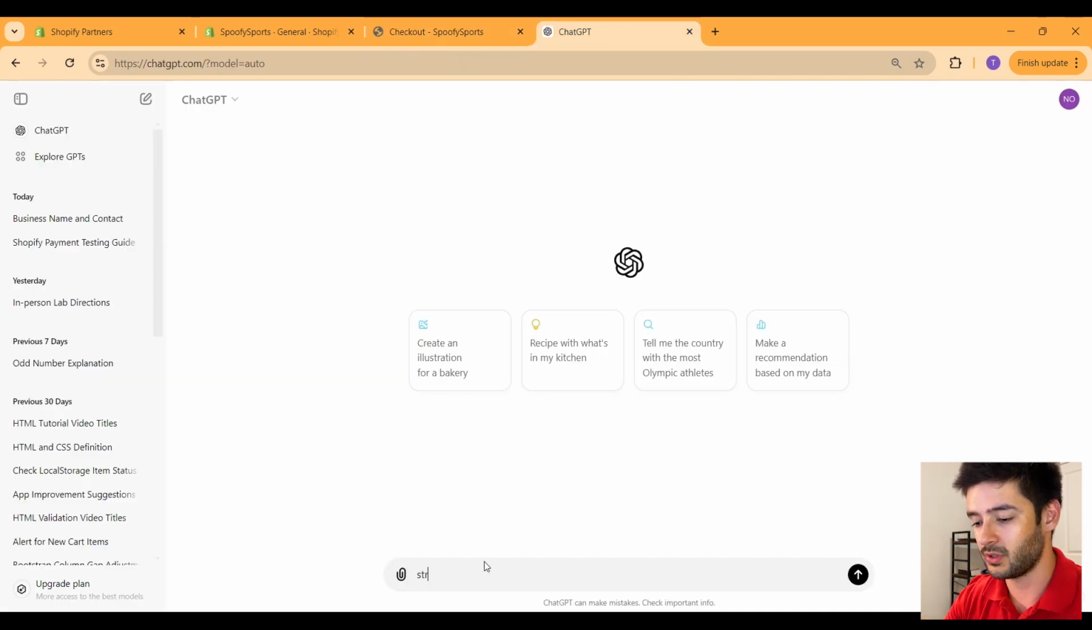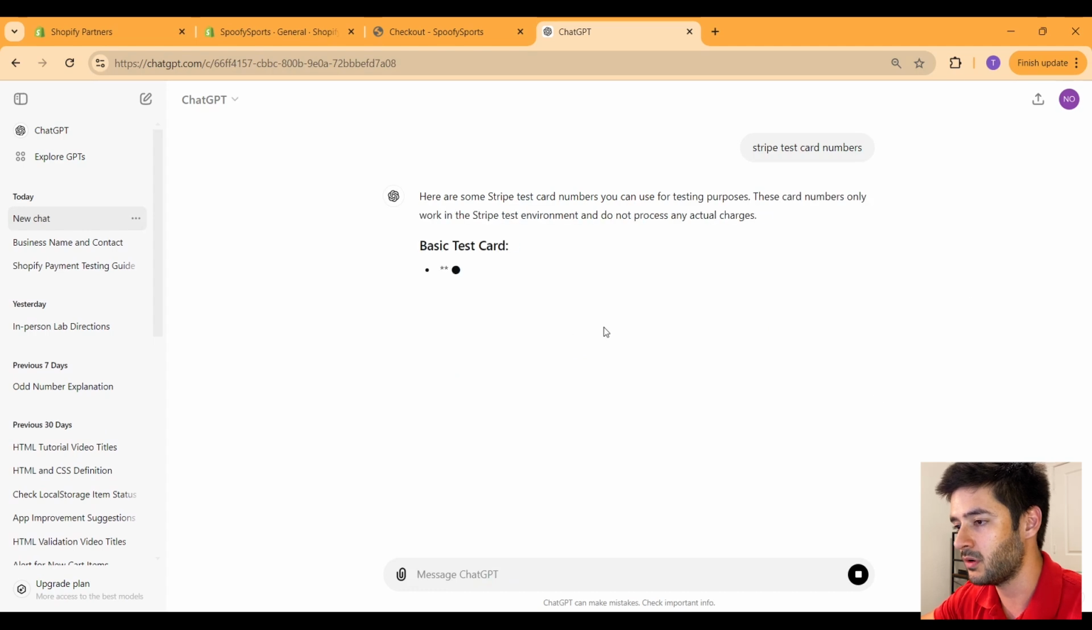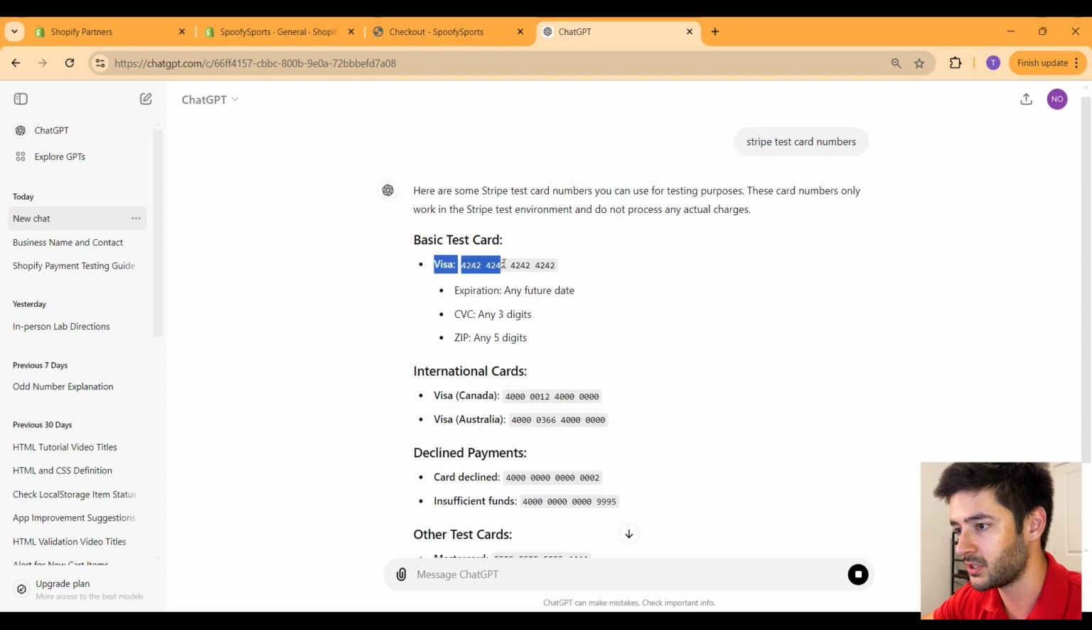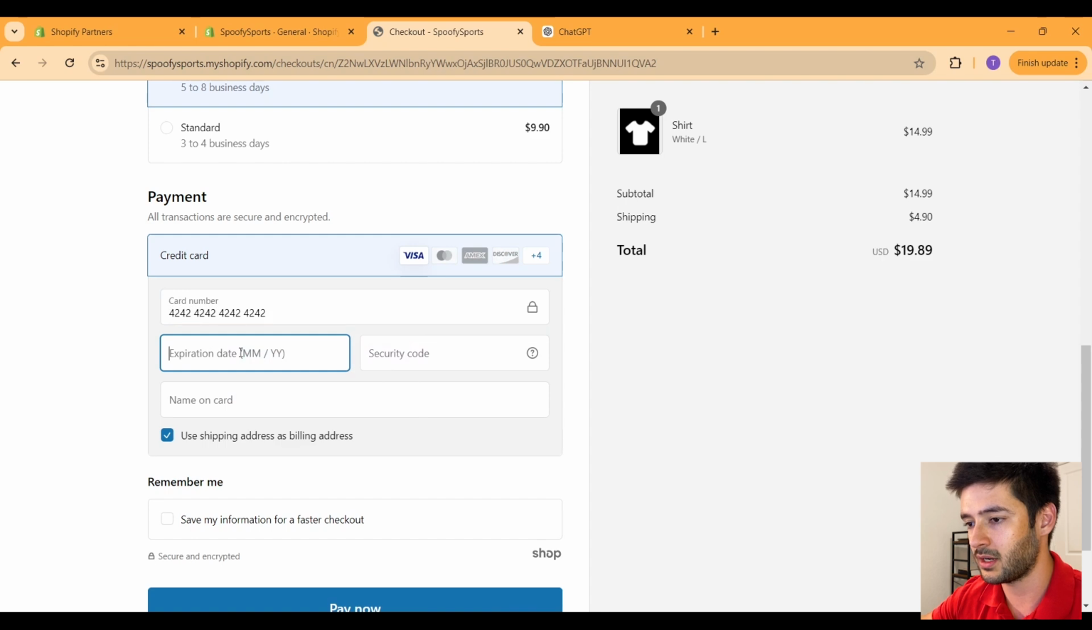So what I'm gonna do in ChatGPT is just say Stripe test card numbers, and ChatGPT will give me all the Stripe test card numbers, and this one doesn't matter. We'll go ahead and start off with this Visa option here of 4-2 repeating. So what we'll do is just copy this, go back to our checkout page and paste this right into here. And then our expiration date just needs to be something after the current date. So I'll go ahead and